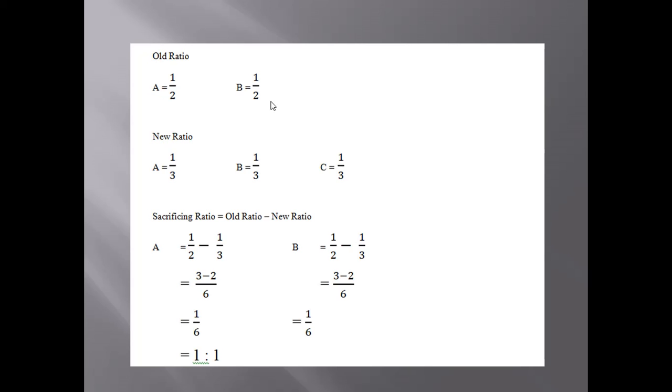So after getting the old ratio and the new ratio, we will move on to the sacrificing ratio and calculate it. If you have a look at this question, the ratio is not mentioned. That is why we are following this way, the old ratio and the new ratio as you have seen here on your screen. This is how we can do it in this case. But if the ratios are provided, then we have to do as per that. So let us move on to the next heading, that is revaluation account.